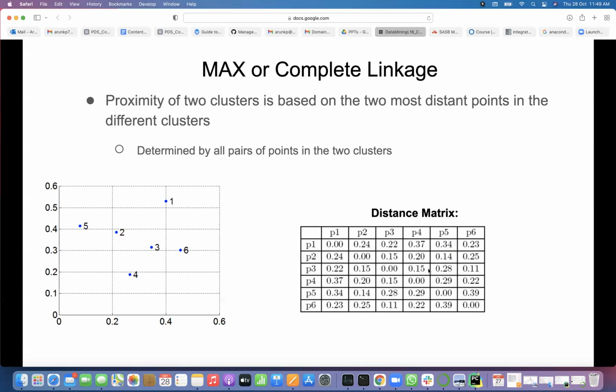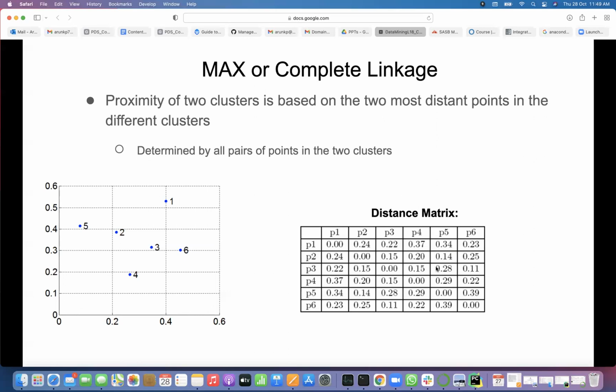In the first step, we'll take the minimum value only, because it is point to point distance, right? Each distance will become the maximum there. If you consider 6 individual clusters, within the clusters we need to get the max distance, but you have only one point. So whatever is the max distance between clusters, that is nothing but the distance between the points itself.